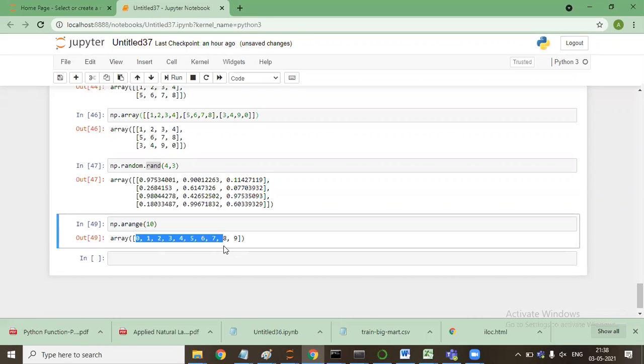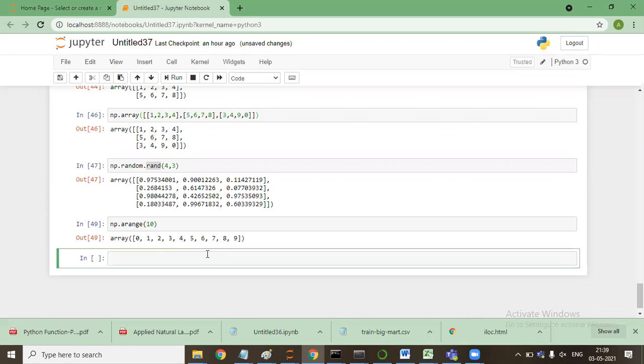Yes, sir. Now the same thing that we have done: for i in range 2 to 12, to be incremented by 2.